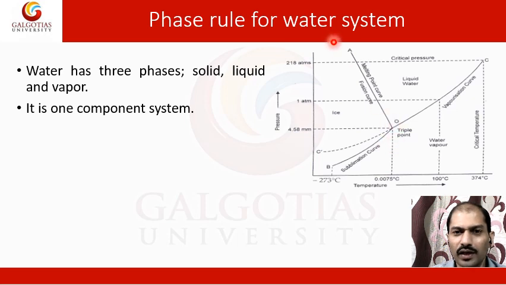Among OA, OC, and OB, you can see there are different kinds of curves, each converting from one phase to another. Here, ice is converting to liquid or liquid to ice, so this is the melting point curve. This is the melting or fusion curve, because the ice is converting to liquid.